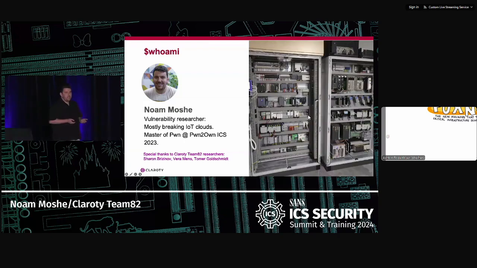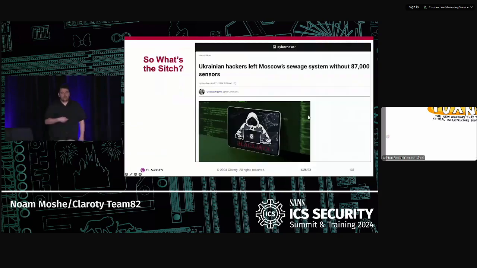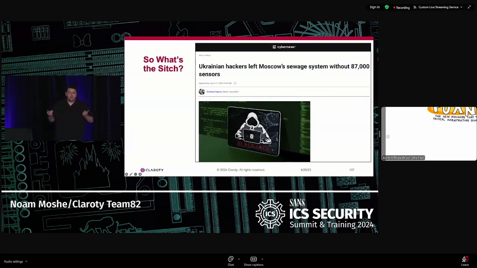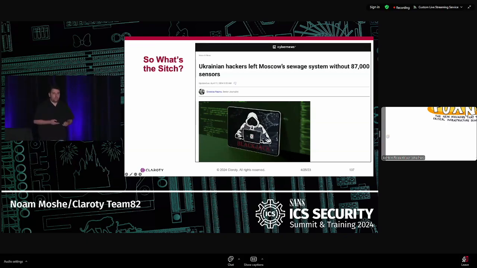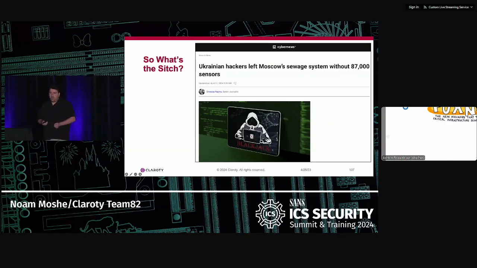So many times people ask me, how can I protect against that? However, we don't see many actual cases of ICS attacks and ICS malware being shown in the wild. However, during April of this year, we actually saw one of these examples, which was actually pretty amazing. A Ukrainian Blackjack hacker group claimed to have attacked Russia's critical infrastructure, targeting around 87,000 sensors, and actually causing physical damage to Russia's sewage system, airports, critical services, 911, basically everything.